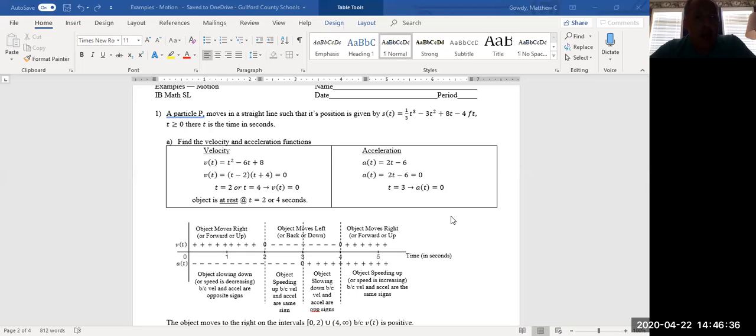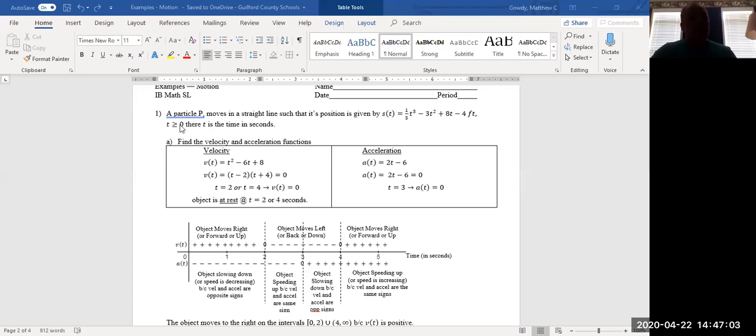All right, guys. Here's an example. This is all loaded onto Canvas, so I'm just walking through exactly what you see on Canvas. It gives you a particle moving in a straight line, so its position is given. It gives you a position function. It generally gives you time is greater than or equal to 0. It doesn't have to be greater than or equal to 0, but typically we do this from the beginning